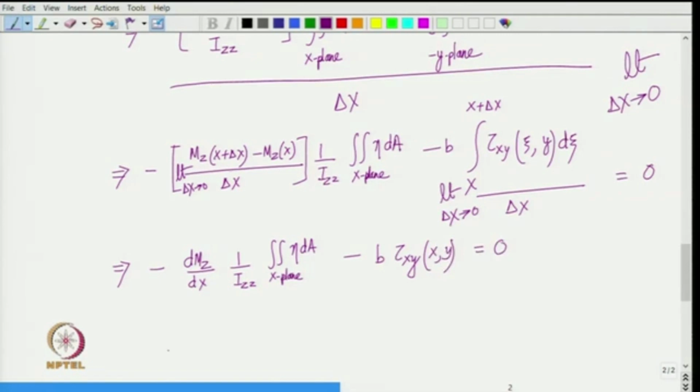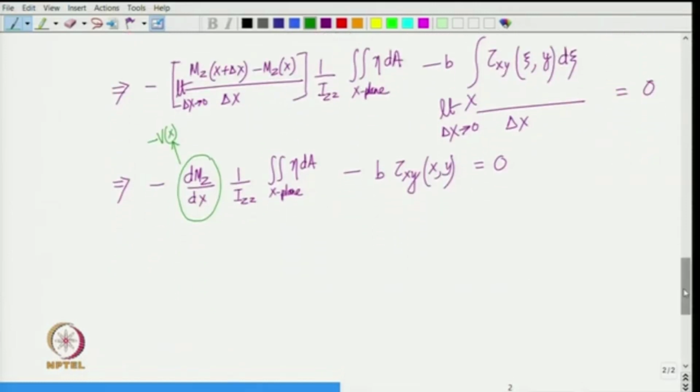And now d m z by d x, we know it is minus of v of x, right. So, this thing here, that is minus of v of x. So, when we work out the whole thing, we have v of x divided by I z z into the integral over x plane of eta dA minus b into tau x y of x comma y is equal to 0,